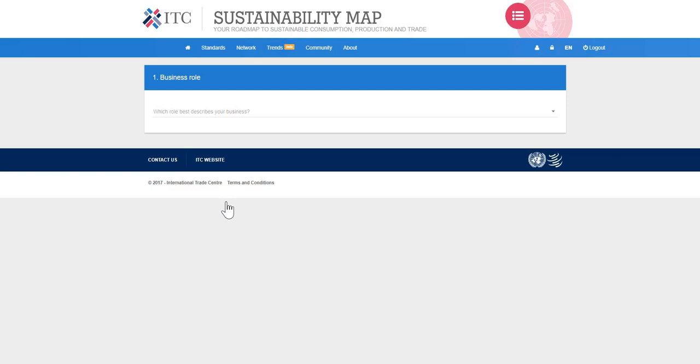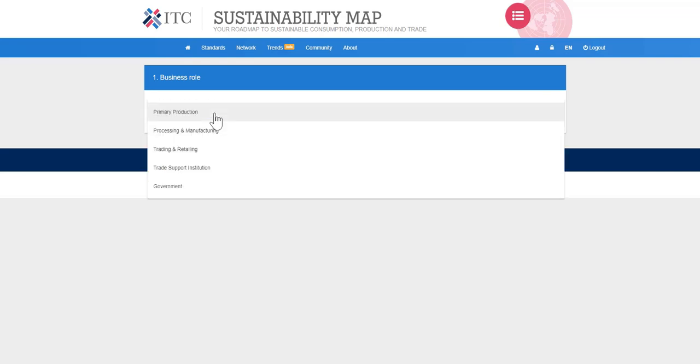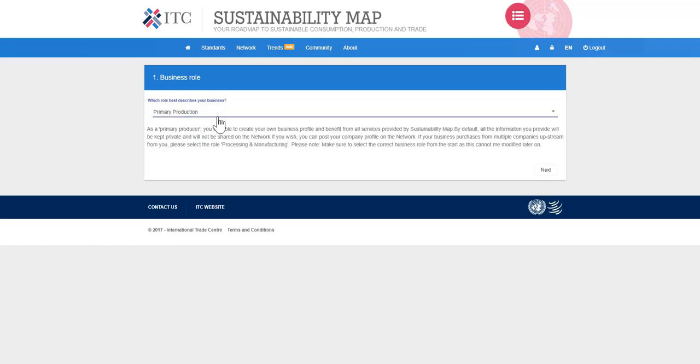you're taken through 5 steps that will really determine the type of profile that you will have, the type of features and functionalities that you'll be able to derive from the tool. So the first thing you need to say is provide information about your business role, whether you're into primary production, whether you're into processing and manufacturing, trade and retailing, whether you're a trade and investment support institution, or whether you're a government. Let's say if you were to say you're primary production, sorry, the font is a little small, but